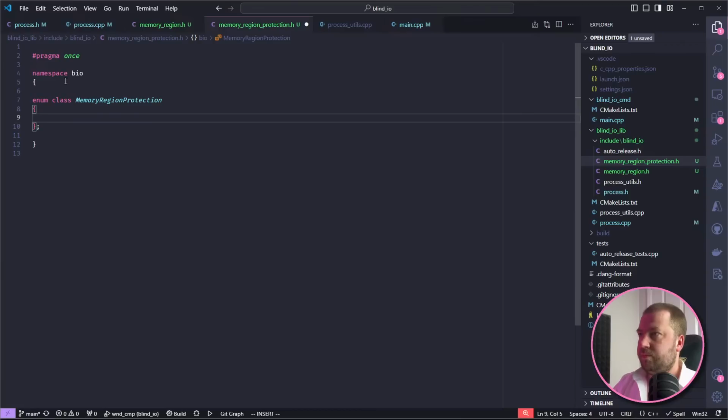Is high level C++ a good way to get into low level C++? I think C++ has just such a wide gamut of features and usages and complexity. It's kind of hard to really say. I think just the more you write in any language, the better you get at it. This is low level in the sense that we are going to be using the APIs at a low level of the operating system.